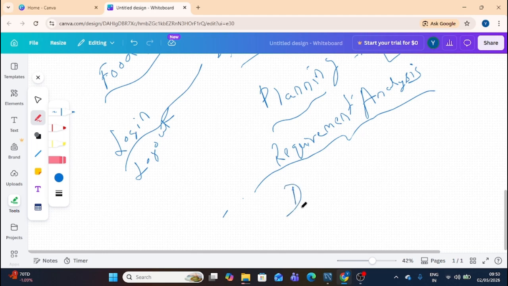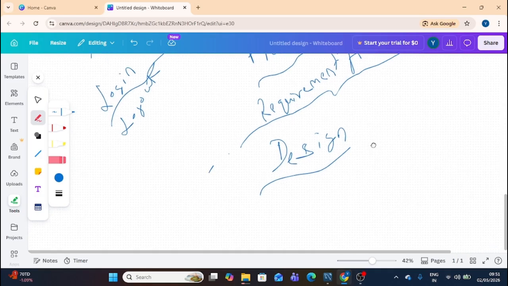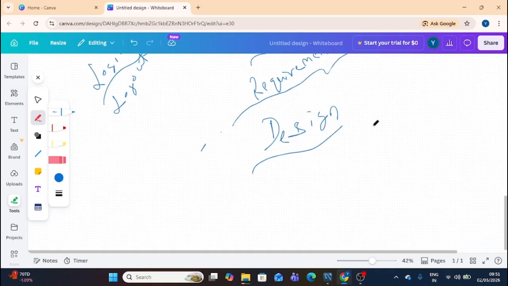After that we have the design stage. As you know, SRS is the step where we write all the things which we require in our system. Now in design, we will design the architecture, and things like the front end. For example, if we are making a login feature, we will write that the user should enter their name, then login details, and so on. These things will be designed in this stage, so the front end and the architecture which our system should have are decided here.